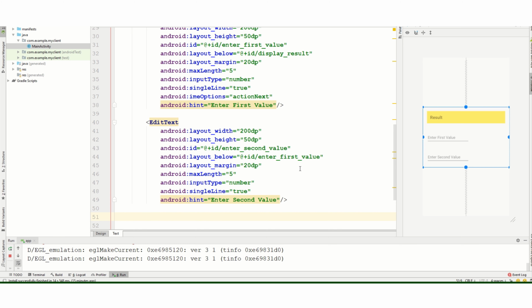We will create four buttons: add, subtract, multiply, divide, and another one for clear, that will clear all our data. So I have one button UI.